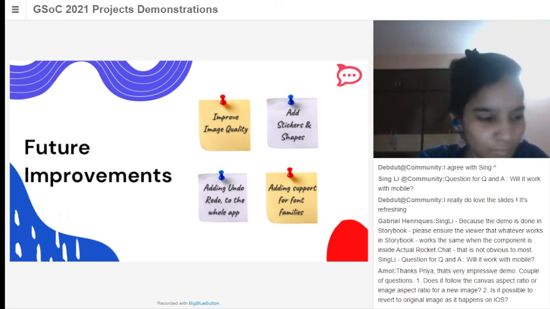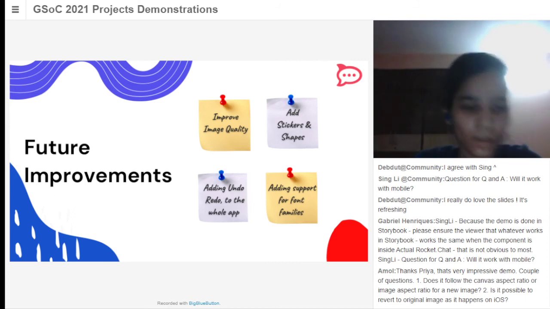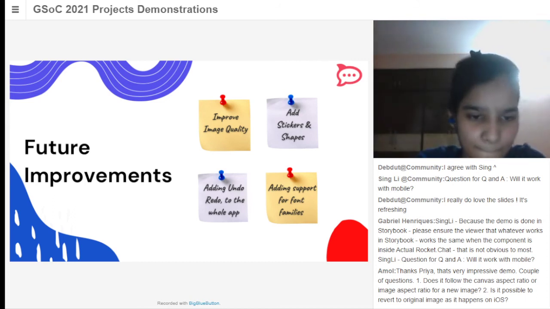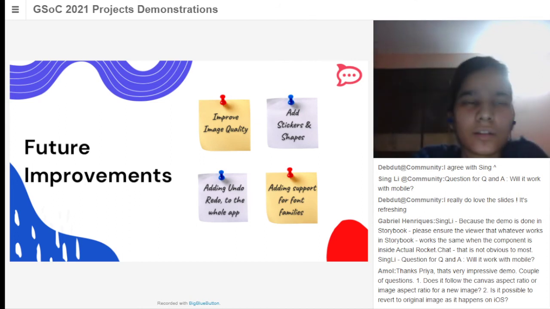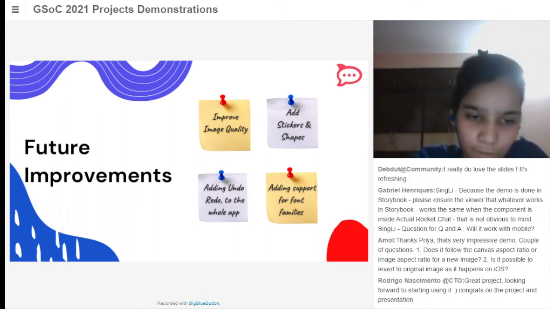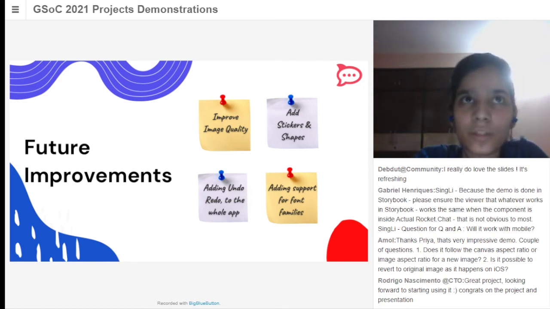Next question: does it follow the canvas aspect ratio or image aspect ratio for a new image? Actually, we can change the aspect ratio of it.